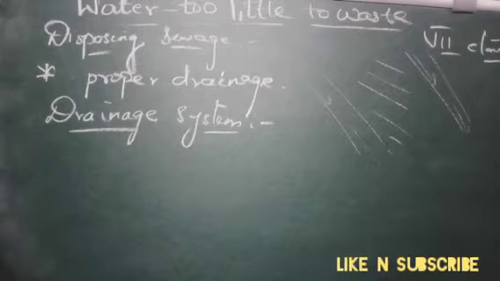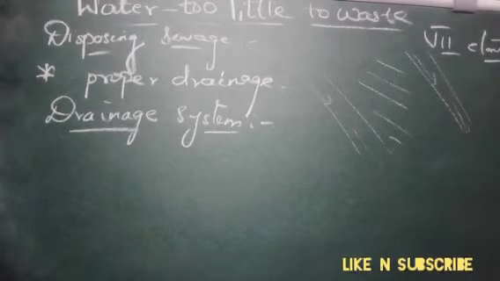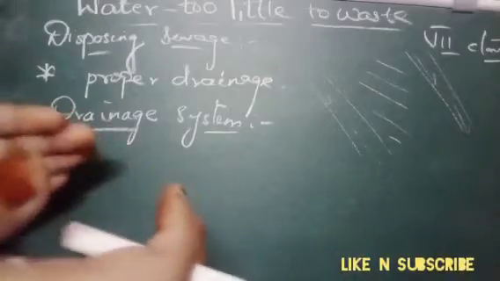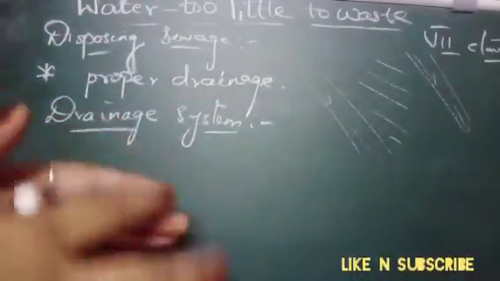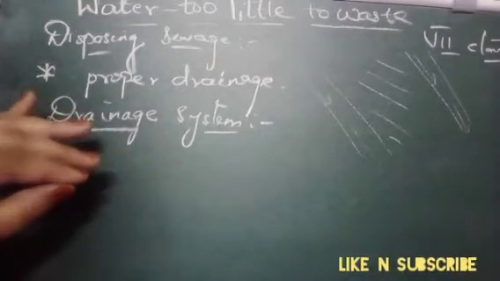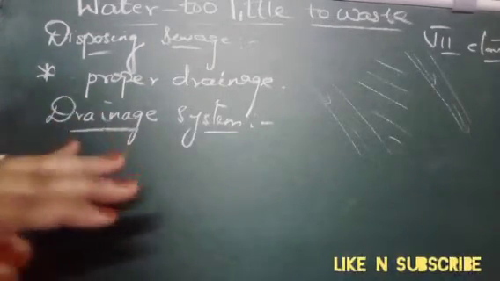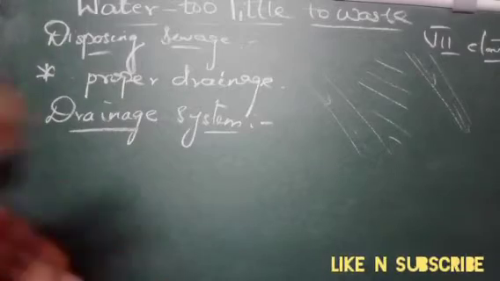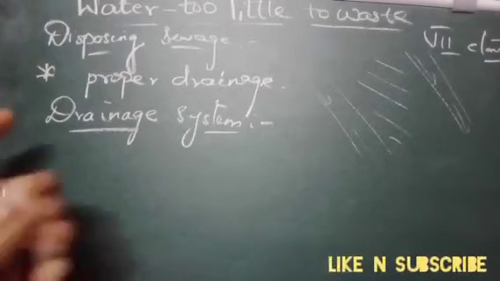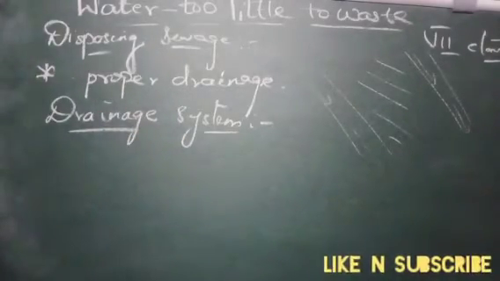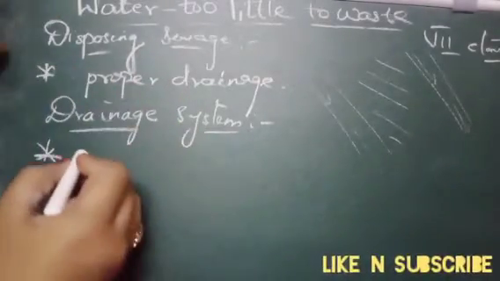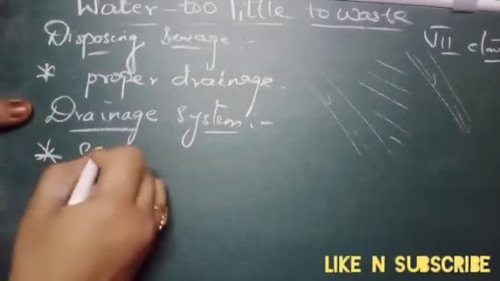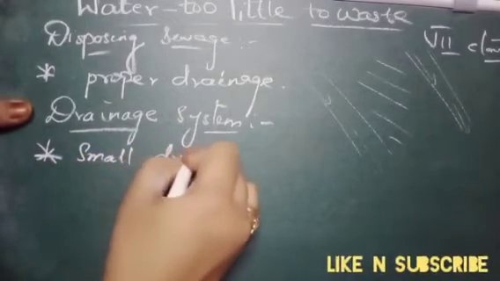I hope you all have seen drainages in our houses also. You see we have a small drainage system for whatever excreted matter is there, that will flow into that, right? Whatever waste water, whatever we have utilized, that will go through that drainage system. So it is a must thing. And in our houses only, if you see the small drainage system, then this drainage will go and mix somewhere.